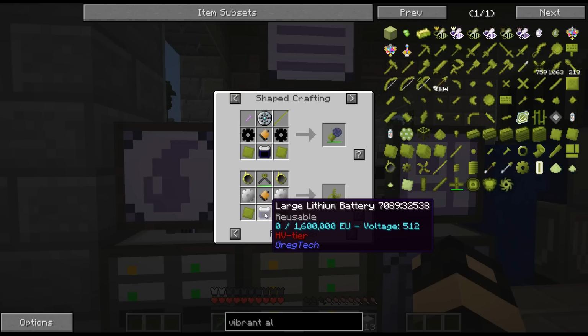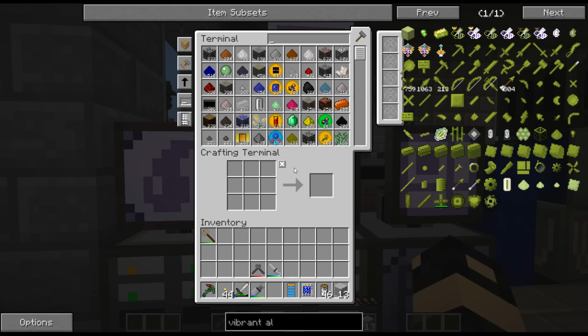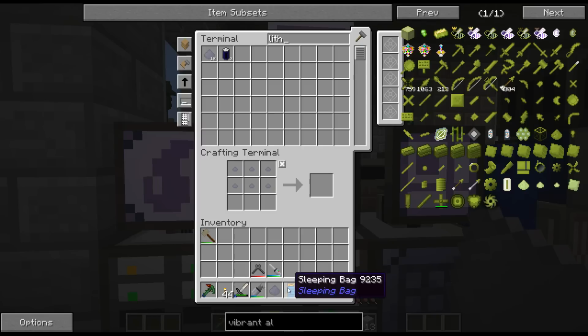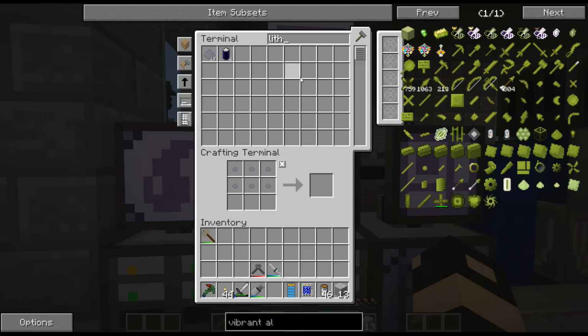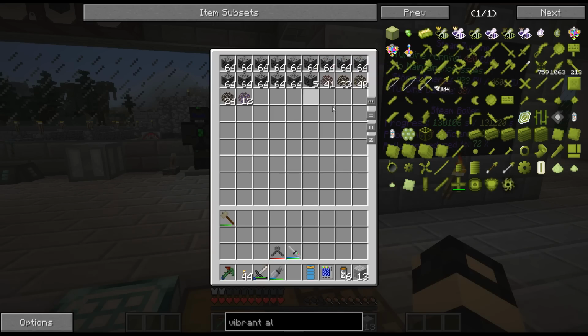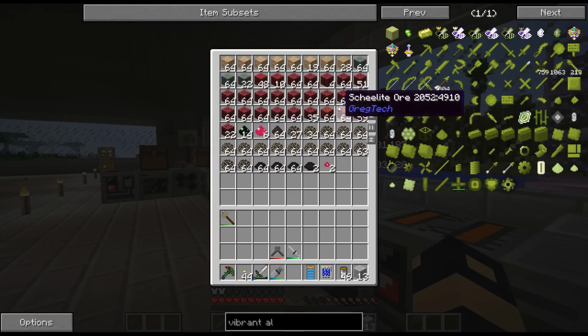The thing is lithium. I kind of want to do the lithium battery. I need lithium, and I'm a little short on lithium. I could get 2 lithium from that, actually. But I think I have scheelite or something, don't I? I don't remember. Yeah, scheelite. I think...